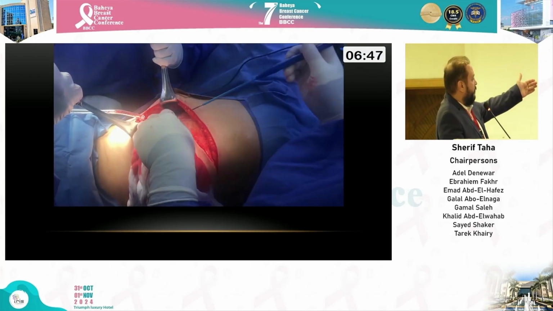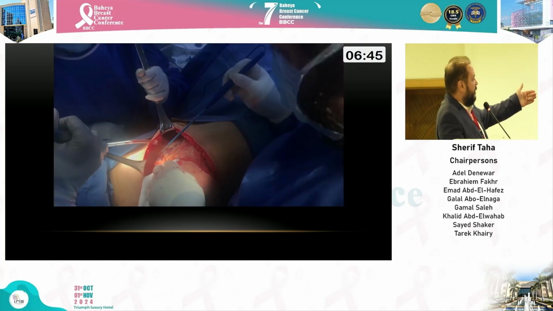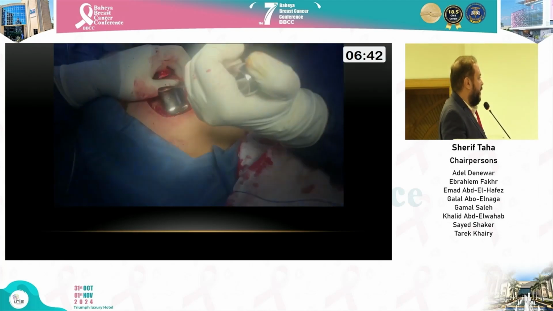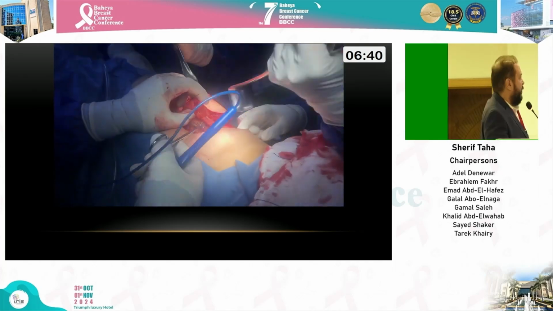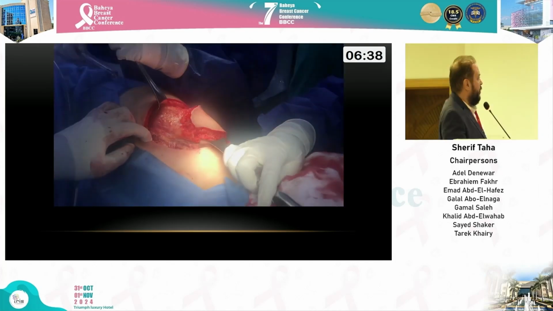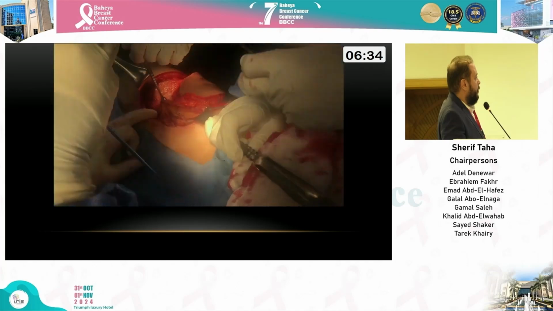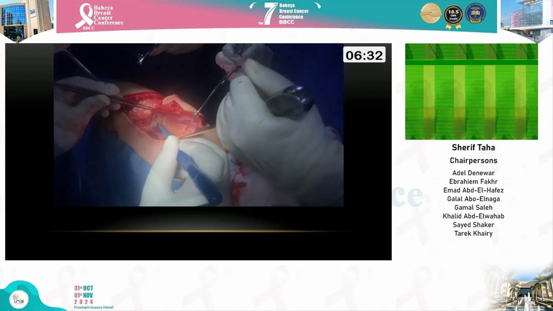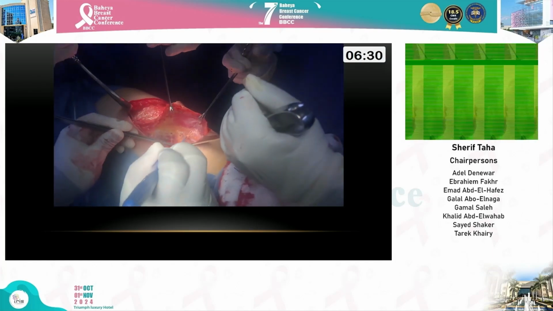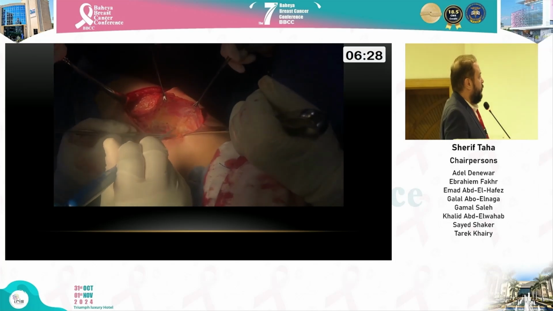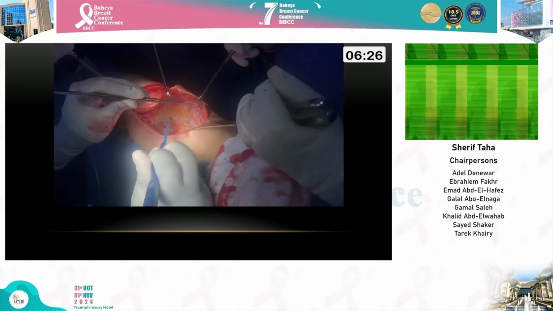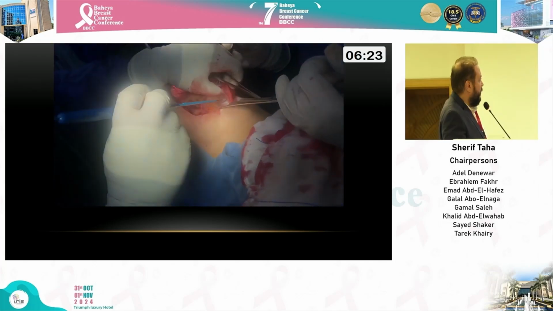Then from the lateral side, we try to dissect the LD from the underlying serratus muscle. Here, you try to preserve as much as possible the serratus fascia covering the serratus because of the serratus branch of thoracodorsal arteries that is running under this fascia. So preservation of the fascia of the serratus here is important to protect